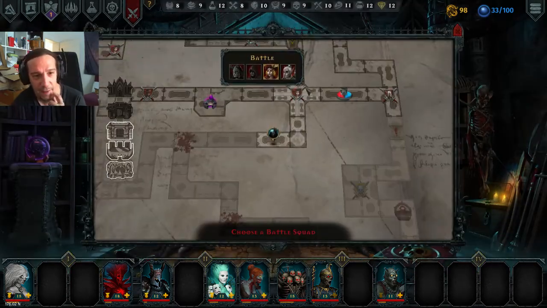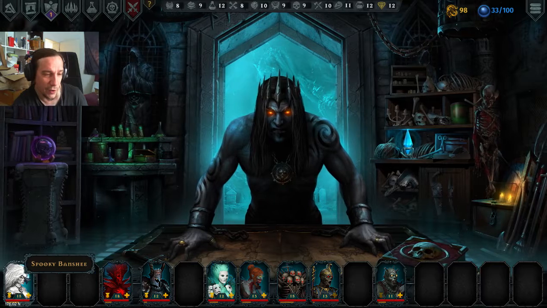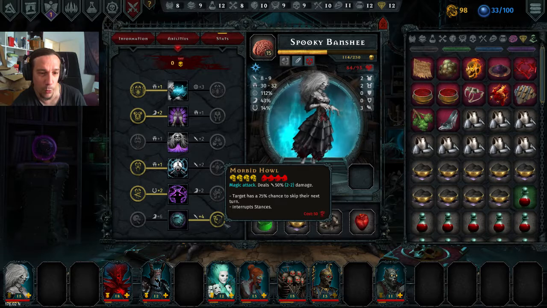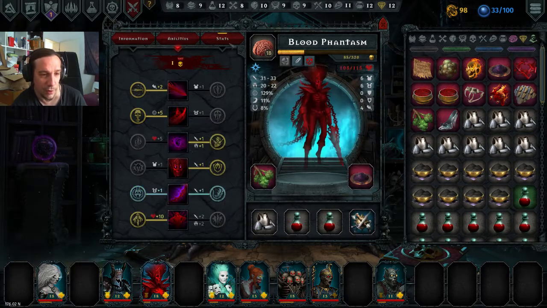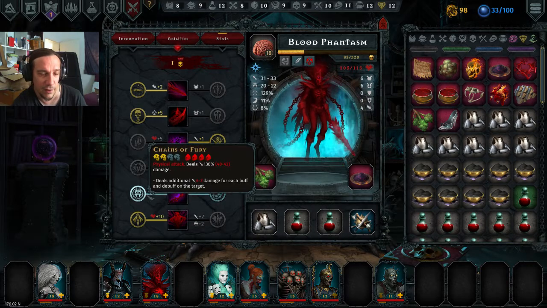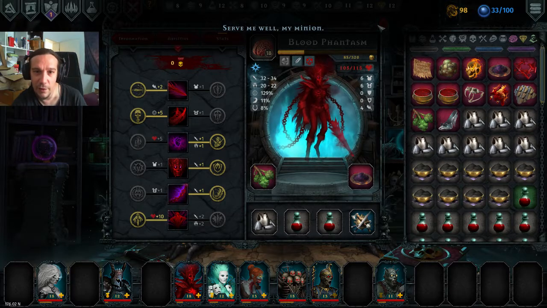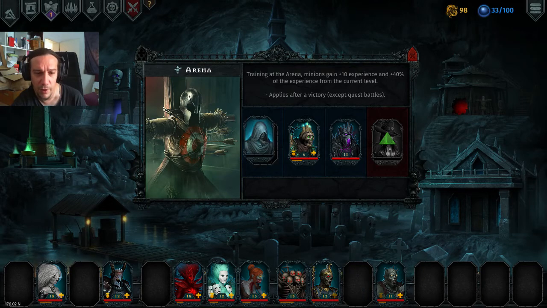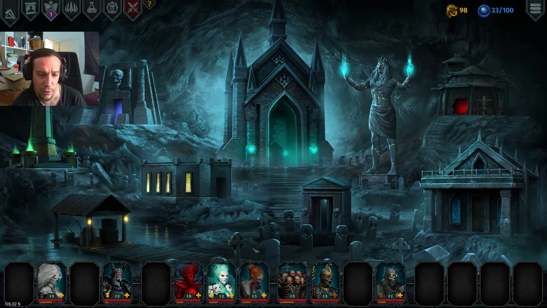Alright, next fight is a very, very susceptible combo for stress. So I think we're going to stick with that strategy. Oh, I now have the Morbid Howl on the Banshee. Wonderful. So I think I'm going to go for the good old classy way of killing people. Do I still have a Wraith? Ah, there we go. Oh, my poor Wraith is still in training, I see. So I'm not going to use the Wraith here. Instead...